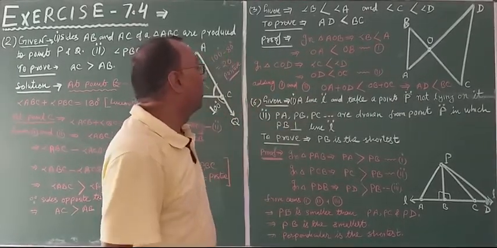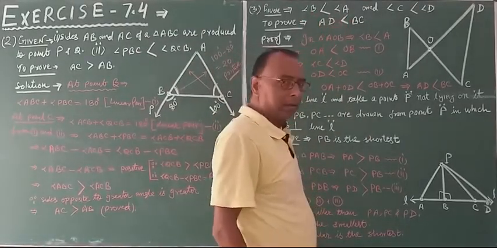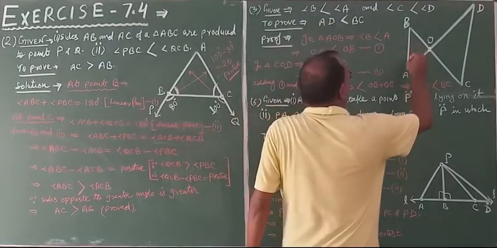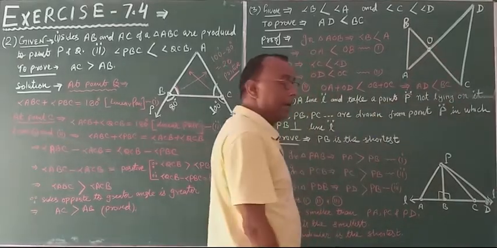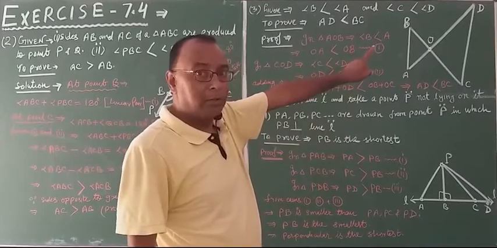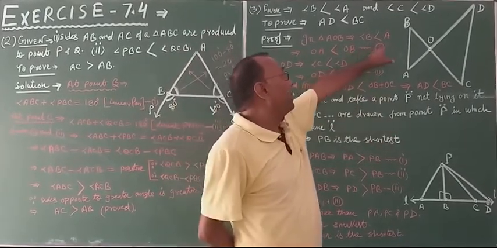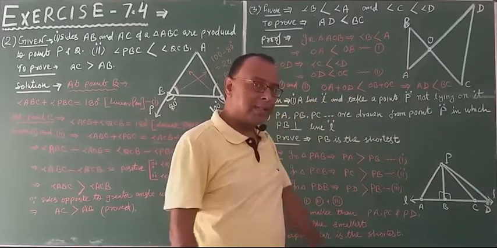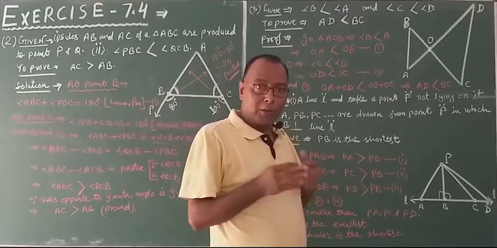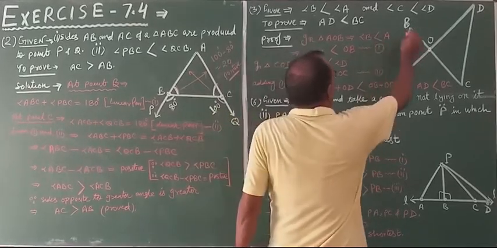Okay, now just look here. We are taking that angle B is less than A. These are the angles of triangle AOB. Angle A and angle B are the angles of triangle AOB. So what can we write? In triangle AOB, angle B is less than A. Then the sides opposite to these angles will also be in the same manner. Just look, the side opposite to angle B.